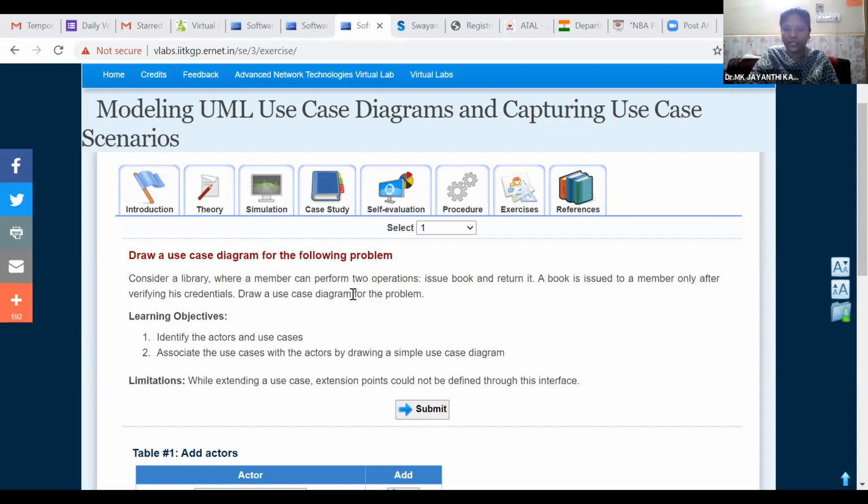So here they have given the problem as a library management system. In a library management system, we know very well that we will have a separate library, librarians and other library assistants. The students need to register themselves, or they should get the library card. Once they become a member of the library, they can get the books. The book will be issued through the issue process, and they can return the book. They can extend the due date also. They can recommend the book to the library also. Those are the roles of the student member.